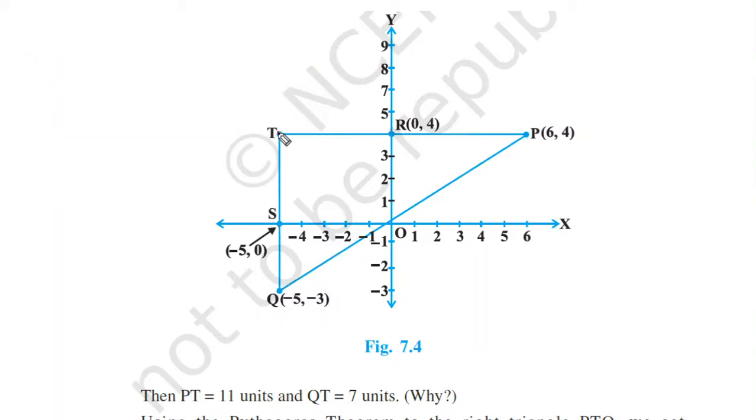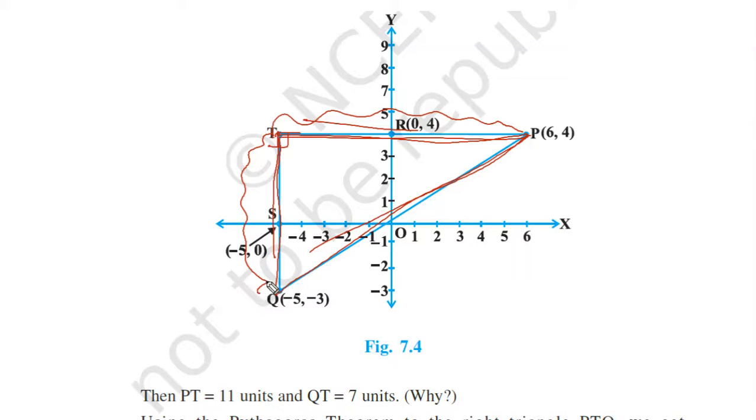Now we have found a right angle triangle. As both are perpendicular, therefore they will meet at 90 degrees. So TPQ is a right angle triangle. So what we have to find? We have to find the length of TP, and again the length of TQ. Now after finding length of TP and TQ, since TPQ is a right angle triangle, PQ will be equal to root over of the square of TP and the square of TQ. So let's start.